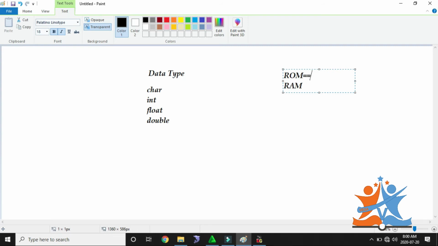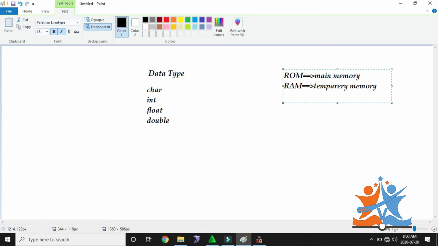ROM is indicated for permanent memory or main memory. RAM is indicated for temporary memory.